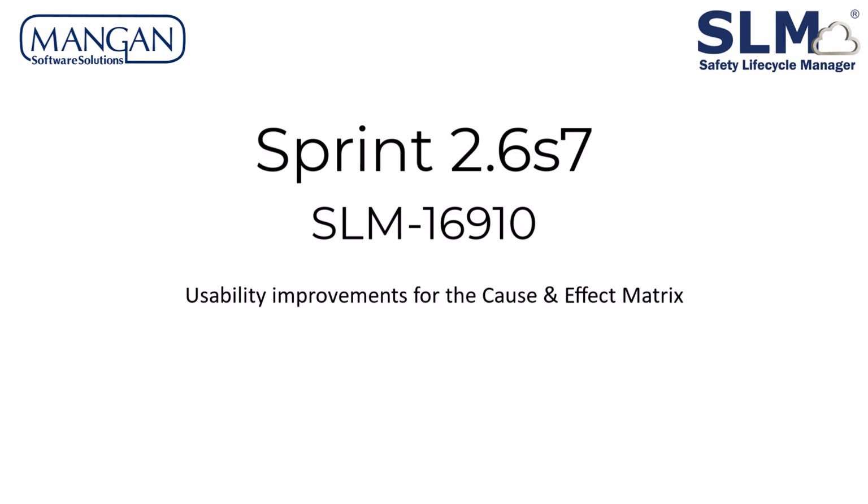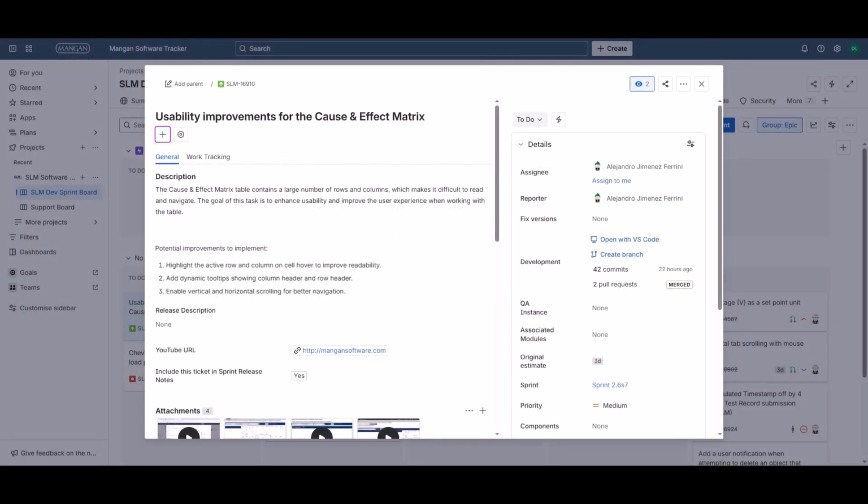Ticket number 16910. Usability improvements for the cause and effects matrix. So the cause and effects matrix table contains a large number of rows and columns, which make it difficult to read and navigate. The goal of this task is to enhance usability and improve the user experience when working with